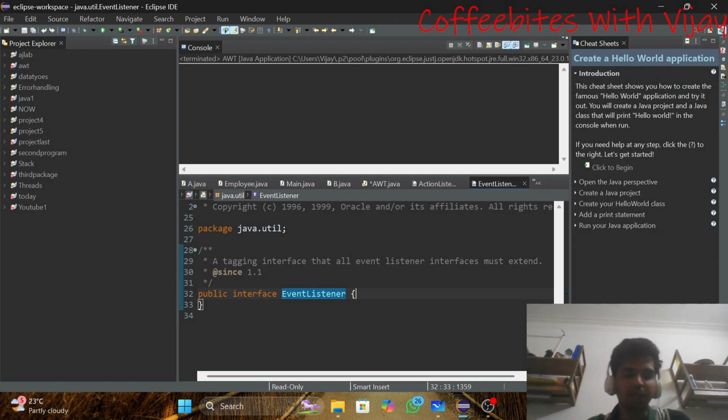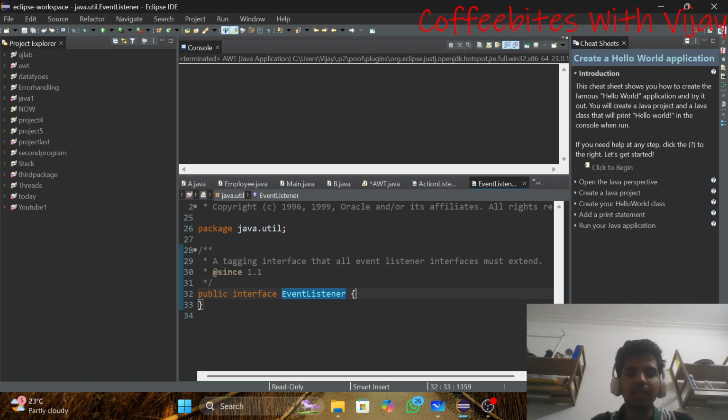Like if I press the button, there is an event, and for that event I have to get a response. So this marker interface tells the compiler to do some actions based on certain events happening in the program. You can see the comment line over here.